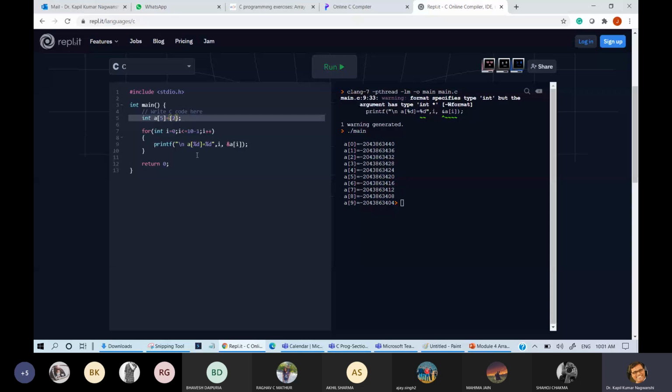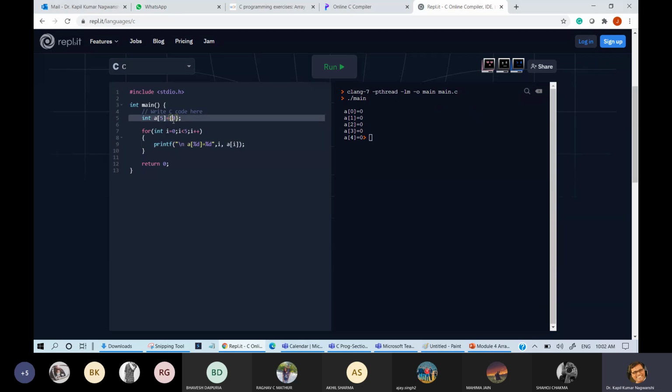Why is garbage coming? If it is 0, let us see 0. Then also it is not working. Oh, yes, this must be 5. Or let us write 4. Again, it is not coming correct. Oh, what is the reason? Address of a[i]. I want the data, na? So that is the problem.